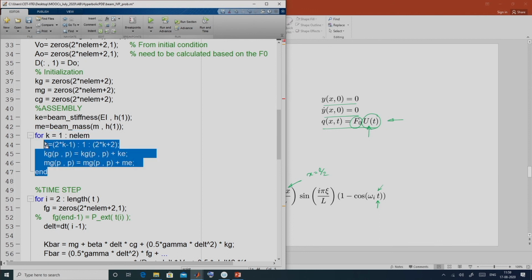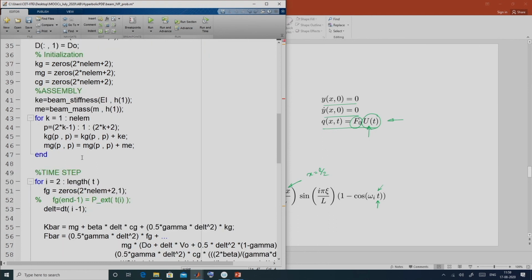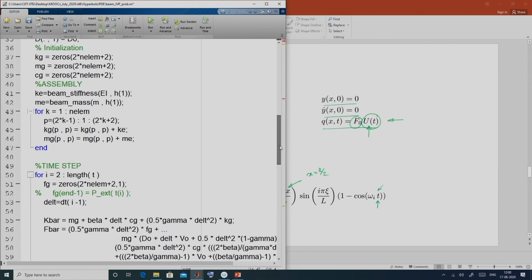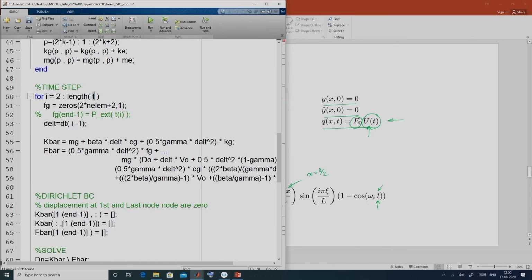Alright. So this part is basically the assembly. Once I get the global mass matrix and the global stiffness matrix, we will start the time loop. So, as I shared earlier, this is the time loop, ranging from the second time instant, because the first time instant corresponds to t equal to 0. So that is why the i loop starts from 2 to the length of t. And at each time step I am calculating the